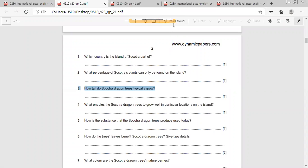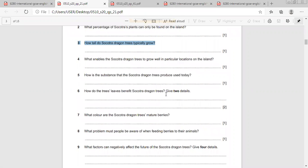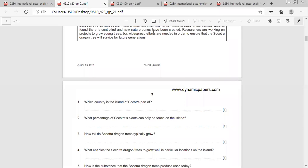Yes, actually we have lots of tips. Can anybody give me another tip while answering? Kunuz? We should not write the complete sentence. Do you have any other tips? Excellent. We should answer in short answers. Why should I do that? To save time. Of course, it's to save time, but why? Because if you wrote the sentence with wrong grammar or sentence structure, you would lose marks, because it needs one mark. Actually, because you are in